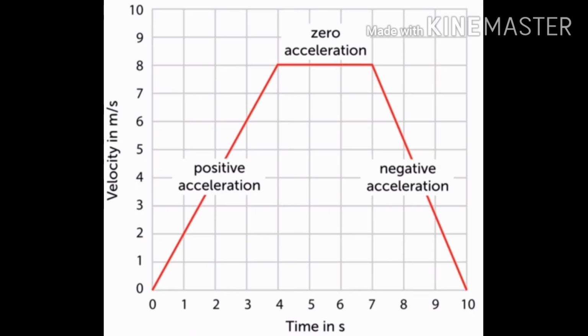Now we'll be talking about a graph called velocity time graph, which actually talks about acceleration. So remember this one: whenever you talk about velocity time graph, you will talk about acceleration. Whenever you talk about distance time graph, you will talk about speed. Okay. So here you can see that after every equal interval of time, there was a change in velocity, and that leads to the positive acceleration. A time came when it became equal from 4 seconds till around 7 seconds. It was the same value, so it was zero acceleration. And after 7 seconds, you can see that the velocity started decreasing, and that turned out to be negative acceleration. Sometimes we call it retardation.